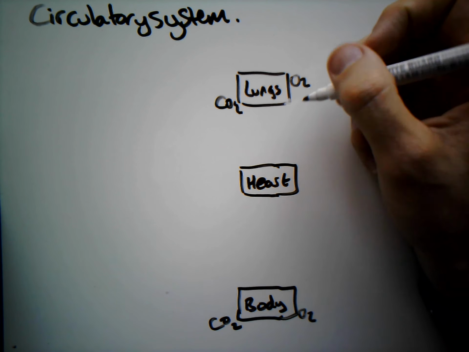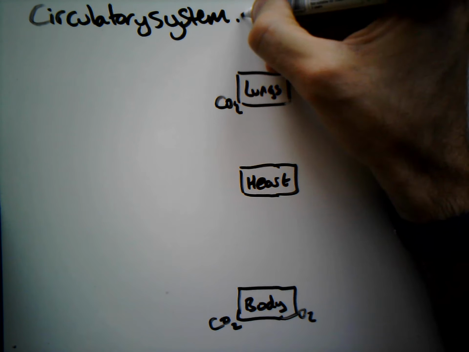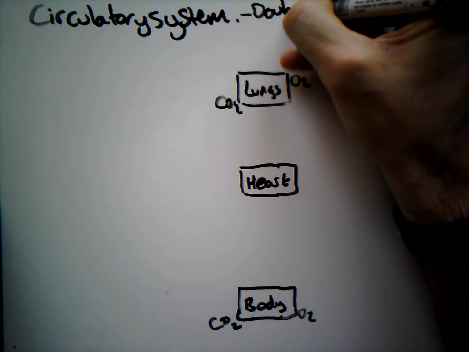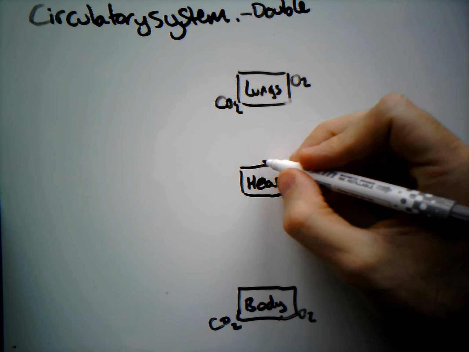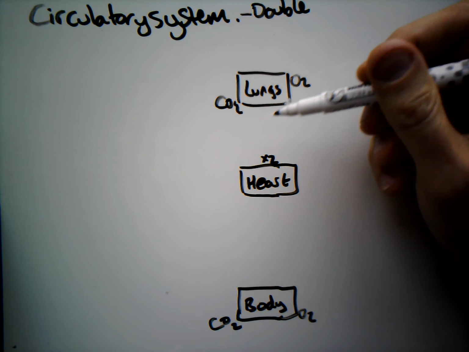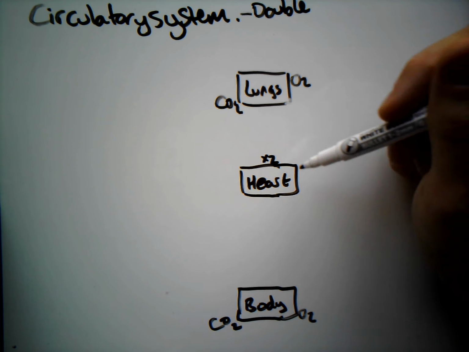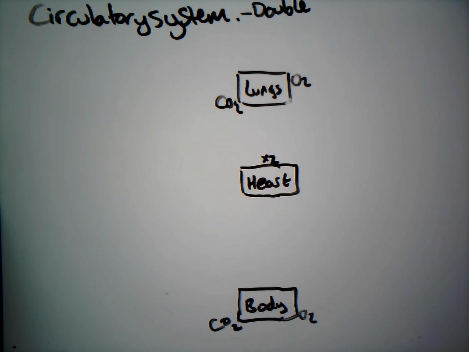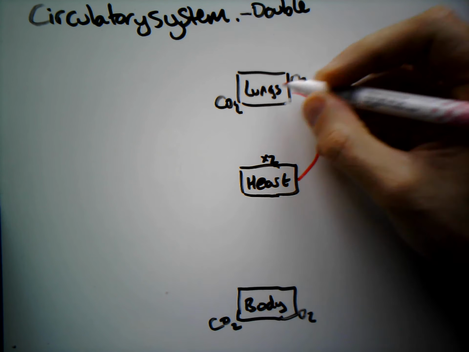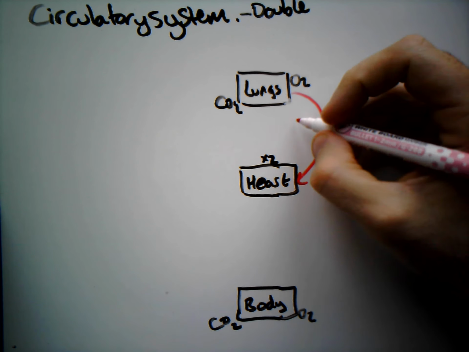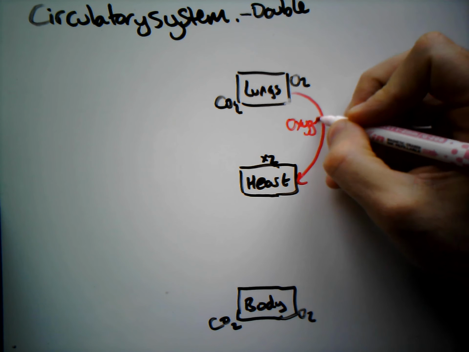So the first thing we need to know is that our circulatory system is what we call a double circulatory system, and that means it flows through the heart twice. So it's going to go through our heart twice, and we'll see that in a minute when I draw those journeys on. So if we take our lungs, we've picked up our oxygen, that oxygen is going to travel from the lungs to the heart, in what we're going to call oxygenated blood,